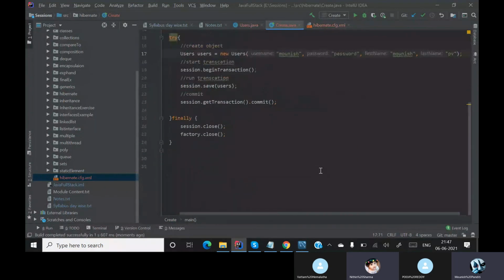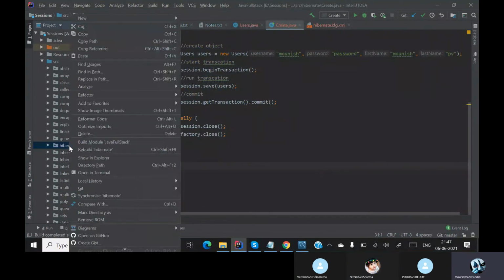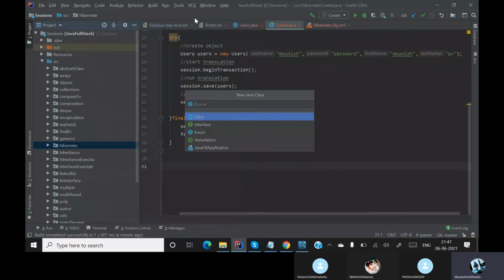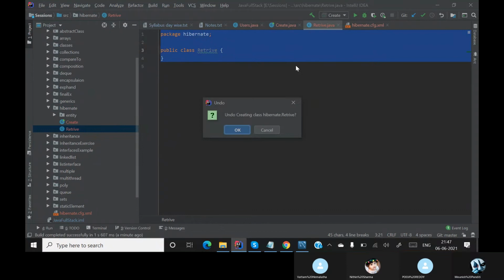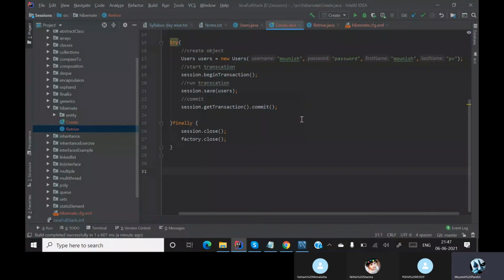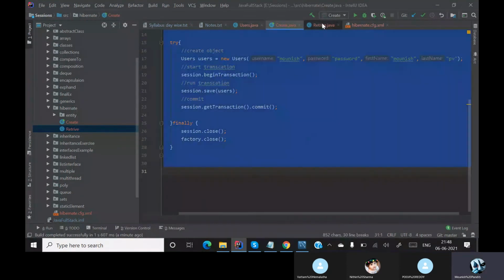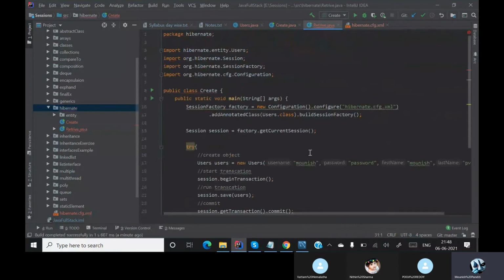Yes, sir. Let me copy this whole class instead of doing it again and again. Let's go to my Hibernate, create a new class, and let the class name be retrieve. Control C, Control V. Instead of create, let me make it retrieve.